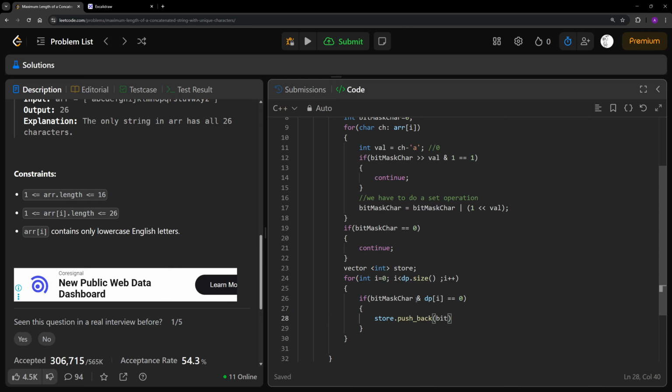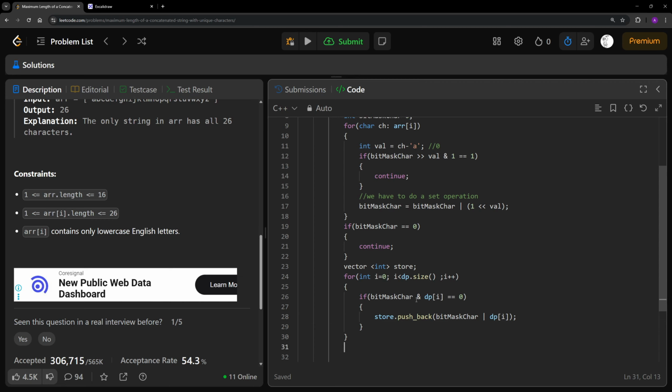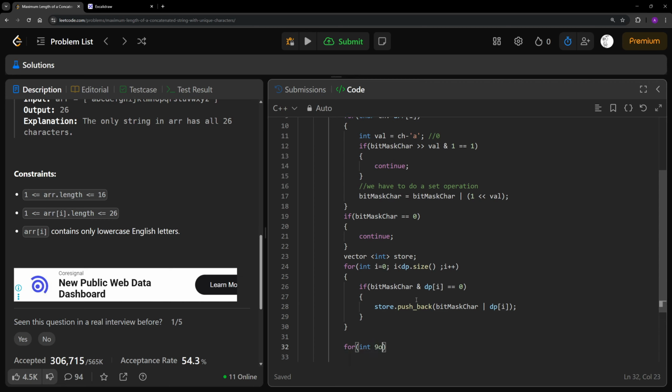I'm just thinking what to bit mask, we need to store it, because we are considering all the elements. And after this, what I can eventually do is just iterate on the dp.size and then push on that one. You can do two operations over here, but okay, let's not complicate it.